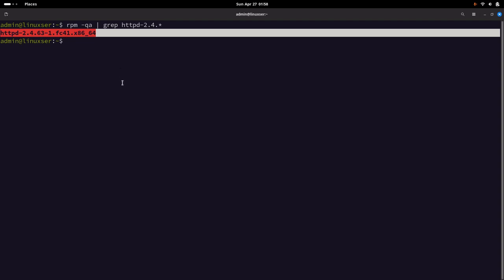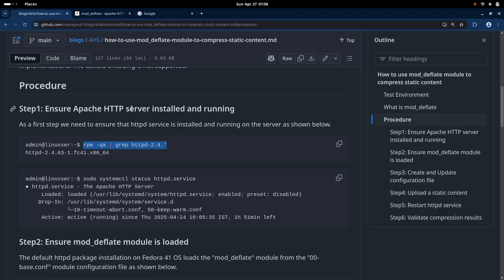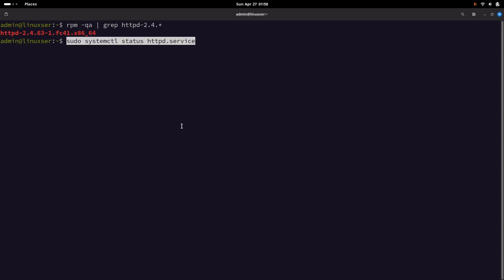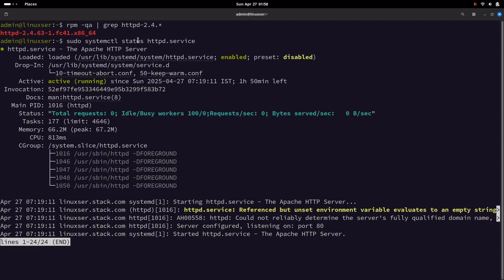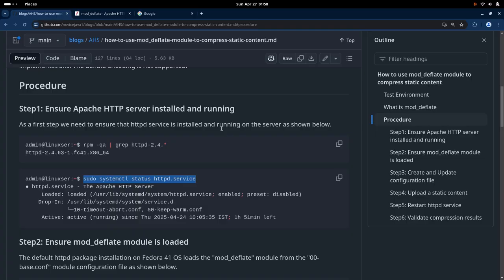If you do not have this package installed, you can just go and install it using the DNF utility. Once that is done, the HTTPD service should be up and running by default. You can check the status of it using systemctl status httpd. So now that we have confirmed that the Apache HTTPD service is installed and running,